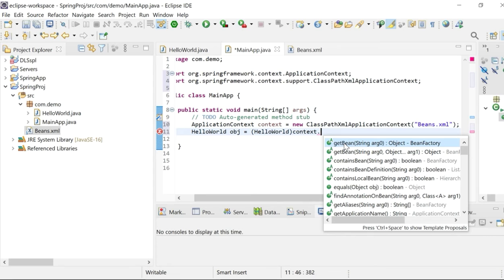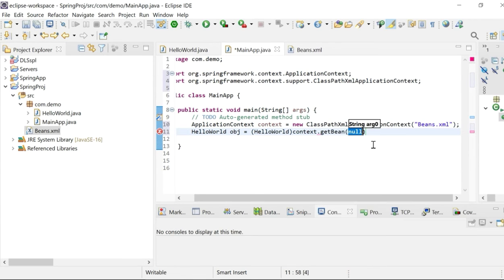You need to select the first one, getBean. You can see a string value is passed as the argument. Inside you need to pass in the bean id. We have yet to define the bean object, so I just leave it as of now.